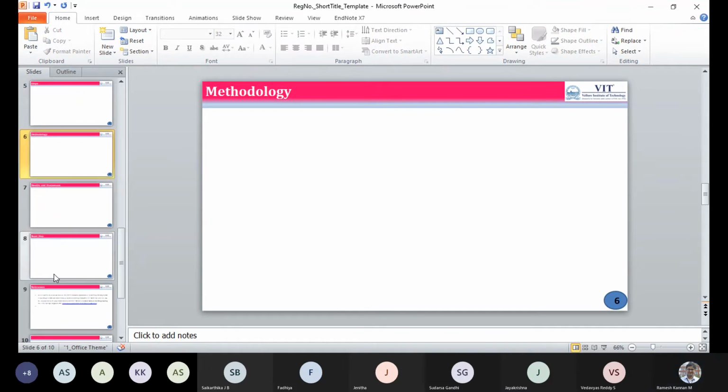And finally, the roadmap: in review one, what portion you have covered, and in review two, what things you're supposed to do. If you are in review one, you will provide what you have done for review one, and what you propose for review two and review three, the future directions.